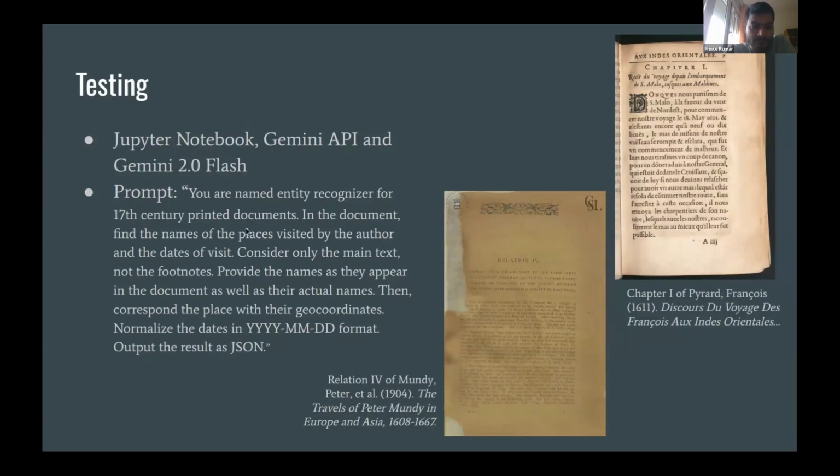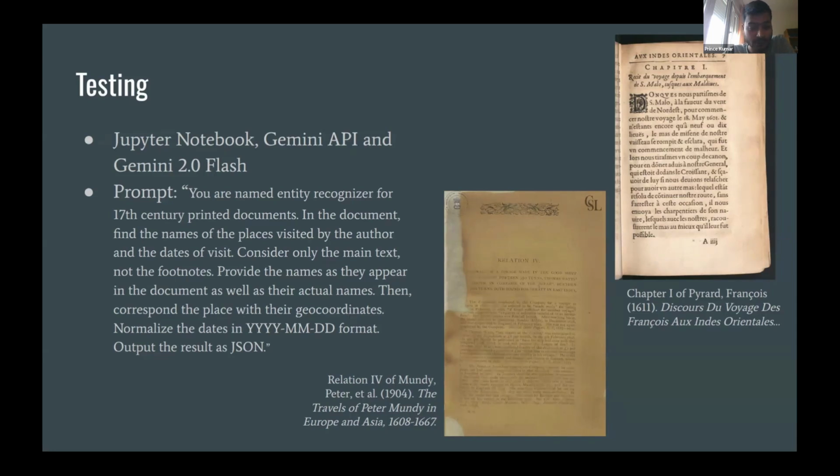I am specifying what it needs to do, and I am also telling it to do the things step by step. I first tell it to identify the names of places, then correspond them to their actual names, do not consider the footnotes,